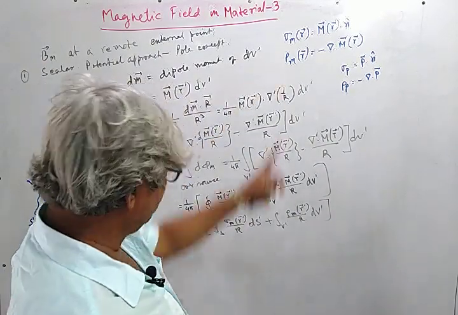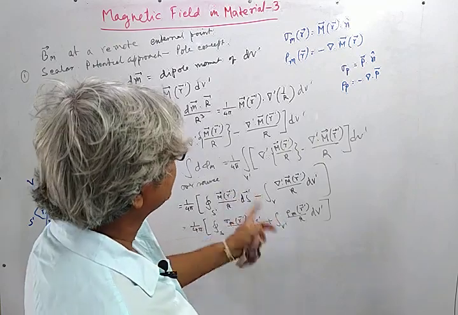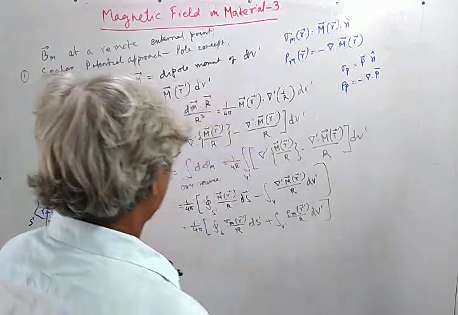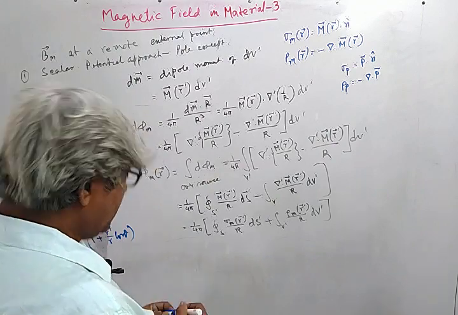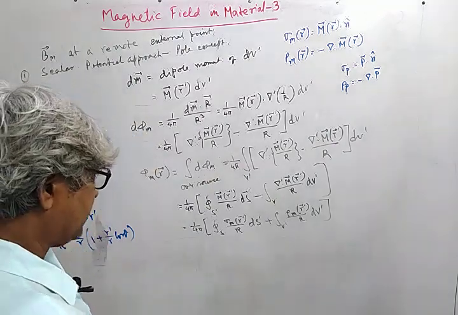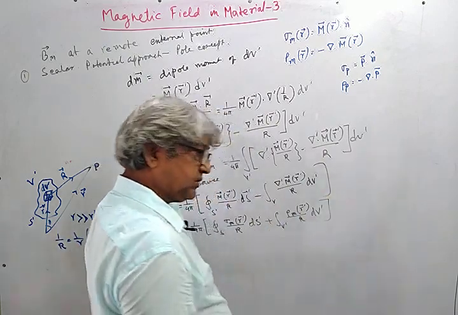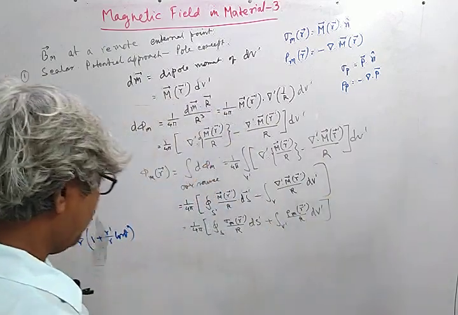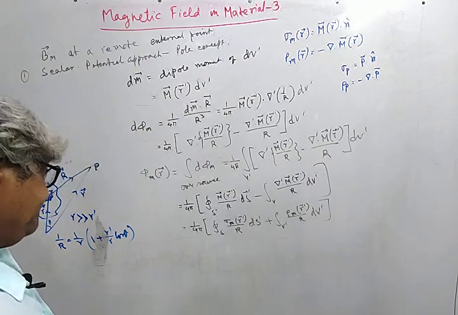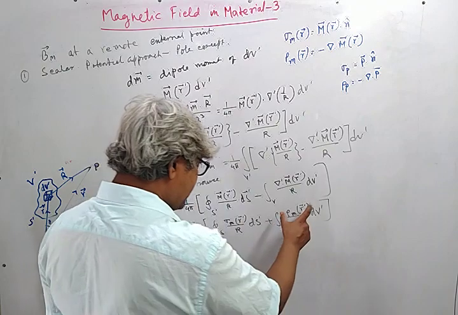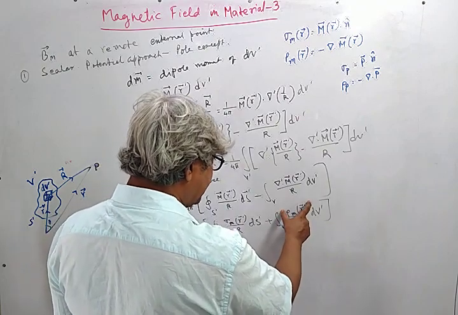If we use them within the integral, then prime will be used, otherwise it is not at all required to use primes. So we found that the potentials are 1 by R potential, that is Coulomb type potential, and these are the surface and volume densities of the magnetization